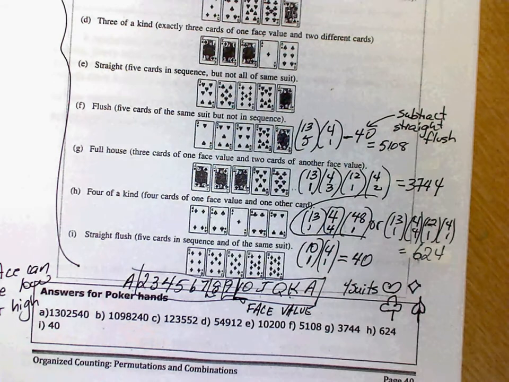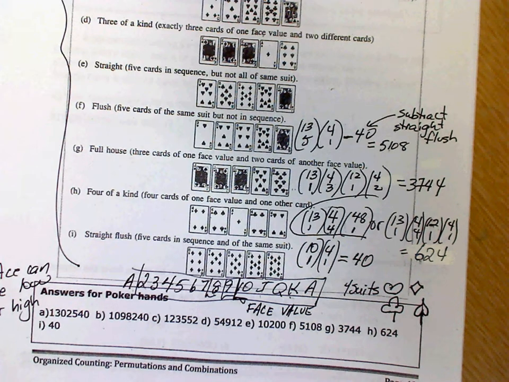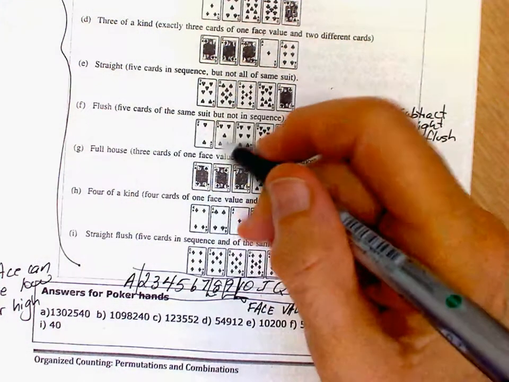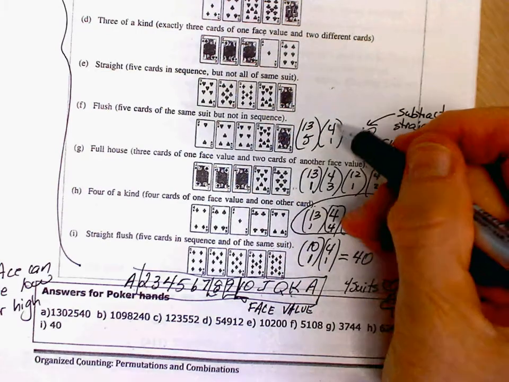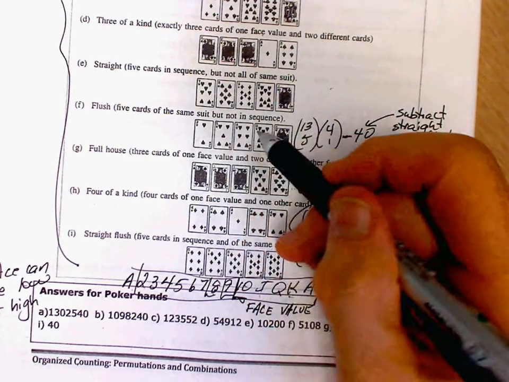Why is it interesting? Can I explain anything? You choose your face value. You choose the suit. In this case, they chose hearts, but they could have chosen spades or clubs. And then,